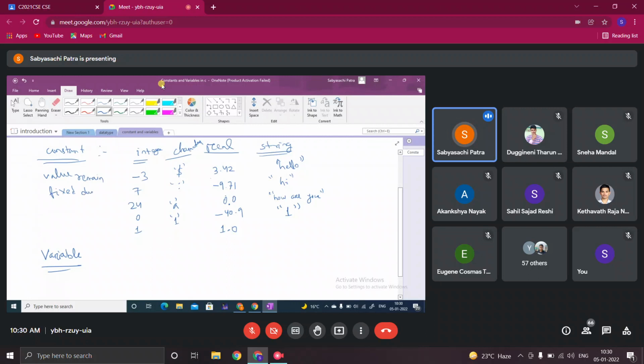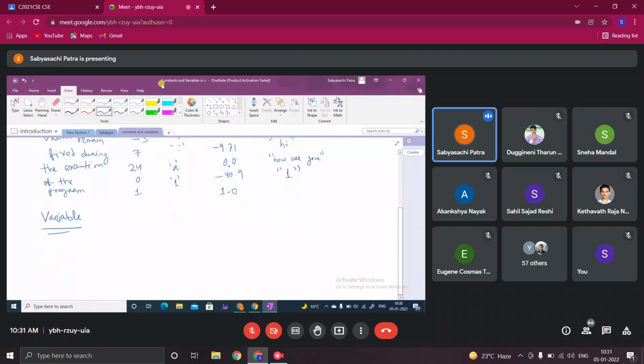But with a variable, the value may vary during the execution of the program.